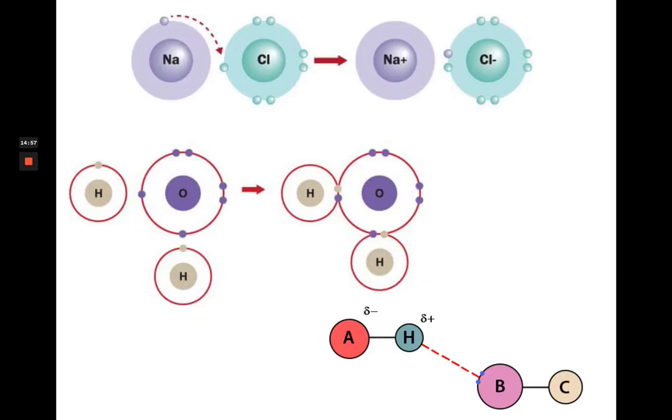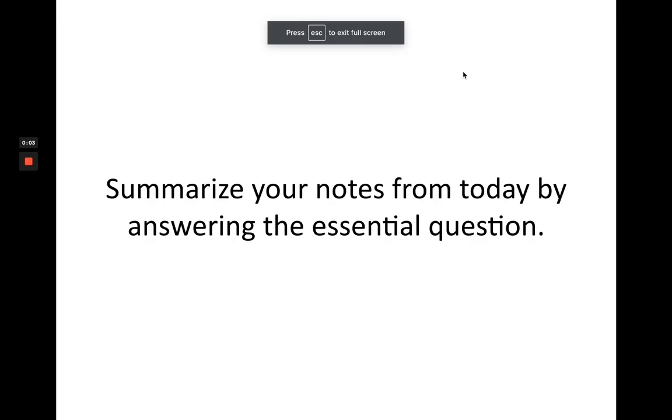Okay, so here's a picture of each of our types of bonds that we went through: ionic, covalent, and hydrogen. Please be sure that you have these in your notes, drawn as they are, and labeled for which bond is which. So before we meet again and discuss the hydrogen bonding and its importance to the structures and properties of water, take a minute, summarize your notes from today by answering all of the essential